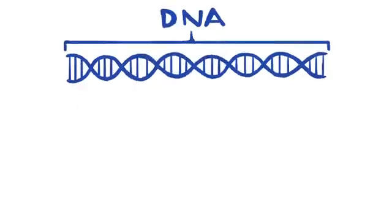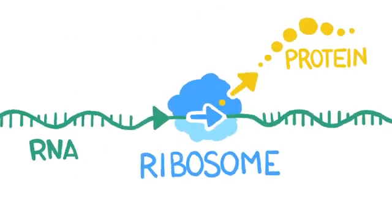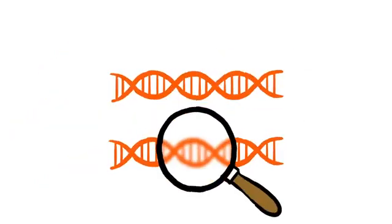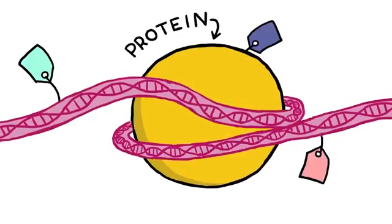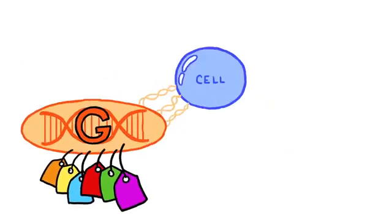Genes in DNA are expressed when they're read and transcribed into RNA, which is translated into proteins by structures called ribosomes. And proteins are much of what determines a cell's characteristics and function. Epigenetic changes can boost or interfere with the transcription of specific genes. The most common way interference happens is that DNA, or the proteins it's wrapped around, gets labeled with small chemical tags. The set of all of the chemical tags that are attached to the genome of a given cell is